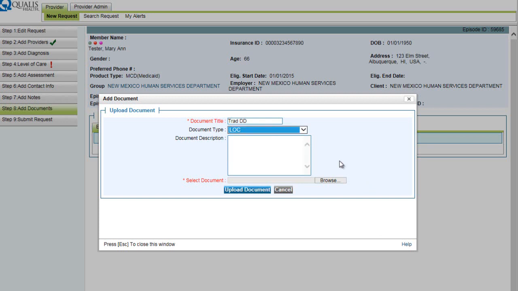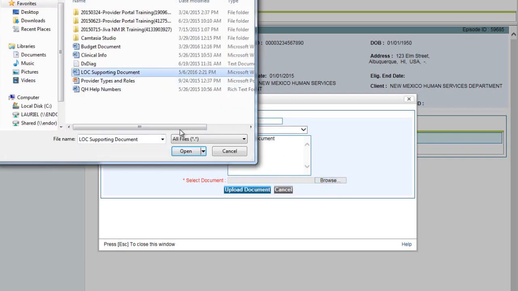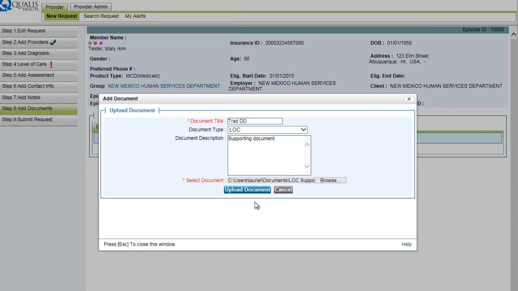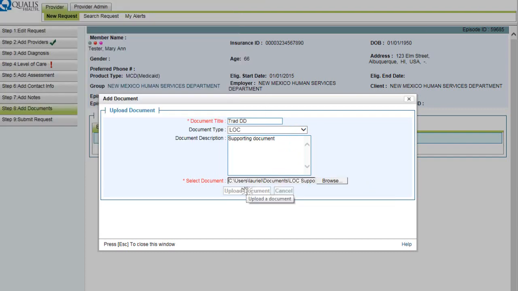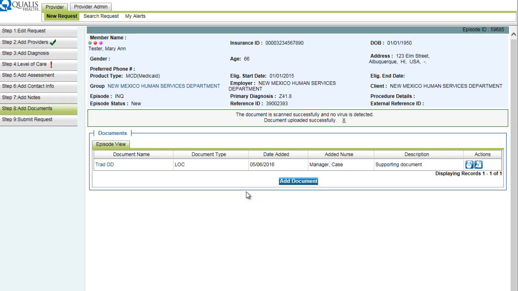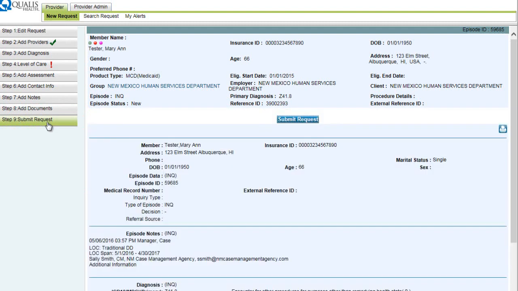You may enter a brief description for the document in the Document Description field. Click Browse to search for your document, and Open to attach it. Click Upload Document to load the document to your request. The uploaded document is displayed in the Documents screen. You can attach as many documents as you require, and when you are done, move on to Step 9, Submit